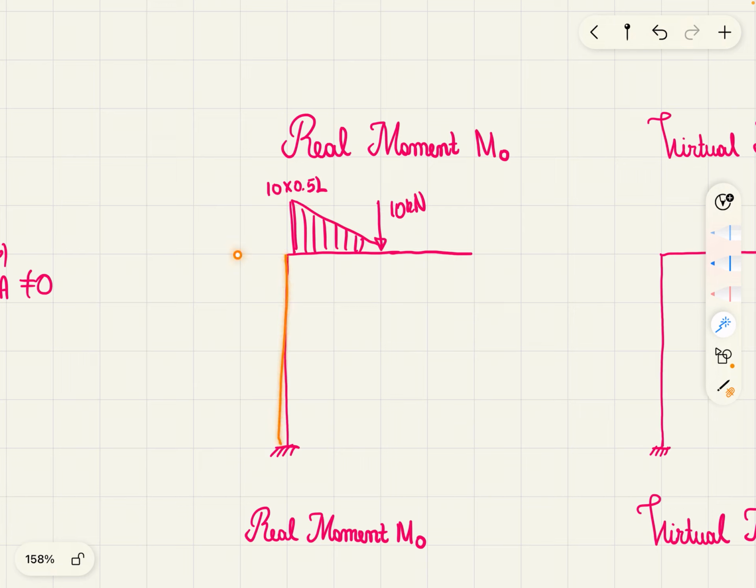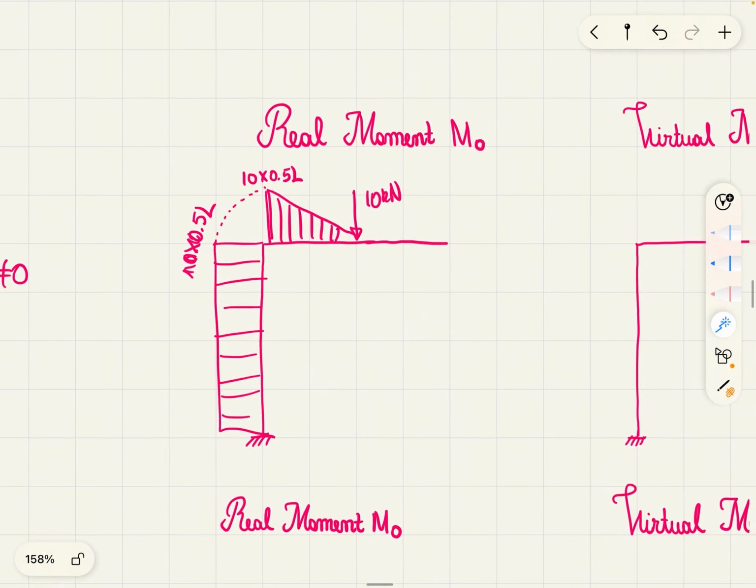But for the column, the moment is going to be constant across the whole length. And we are also going to have the same value here, 10 times 0.5 L, since our structure is in equilibrium